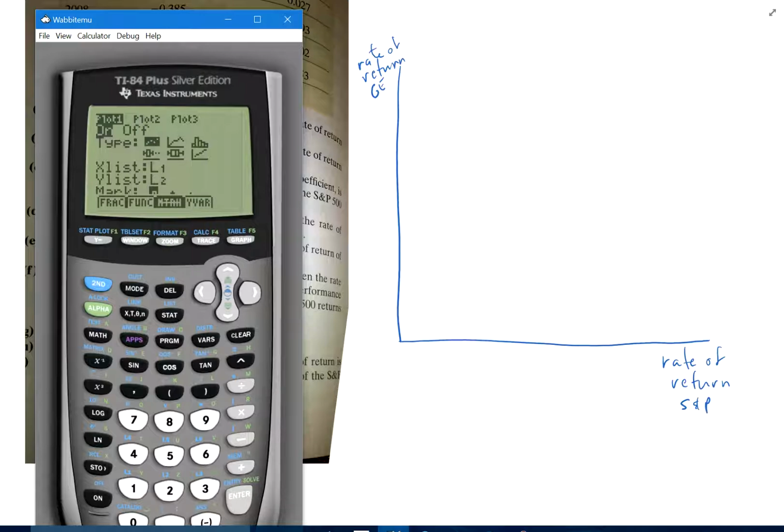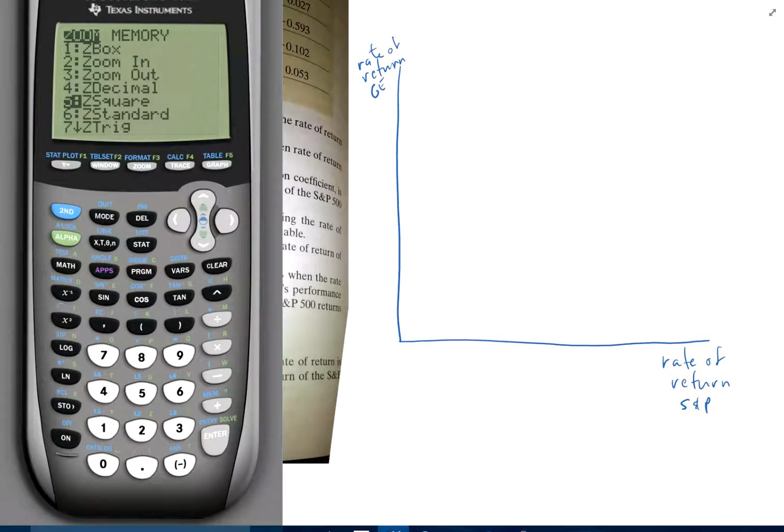Not sure why that menu's coming up. Because when I push zoom, let's quit. Because quit's always a good thing to do when you're in trouble. Alright, go to zoom. At least on the calculator it is. So we're going to go to zoom, stat,